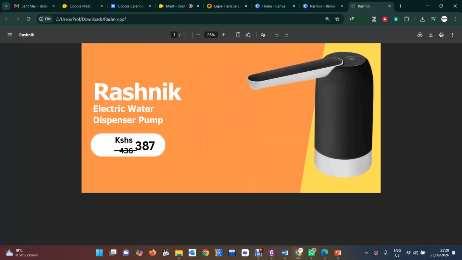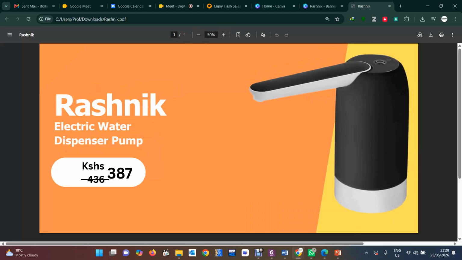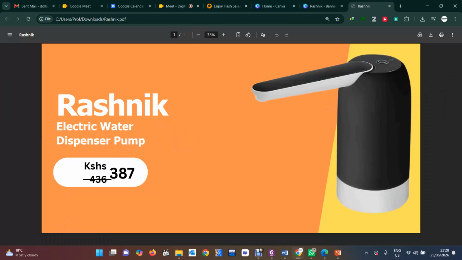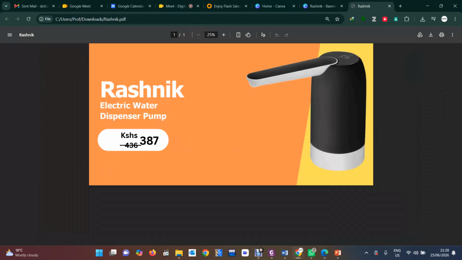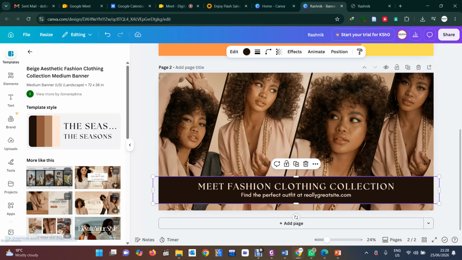Yes. So these are tools that can be used by institutions to be able to design and make something like that. For instance, that now you want maybe to market or to design something like a banner or a poster, then still you can be able to make things like this one.